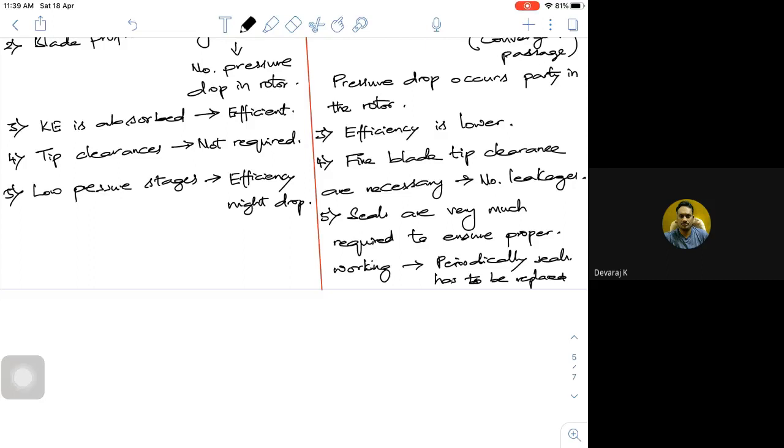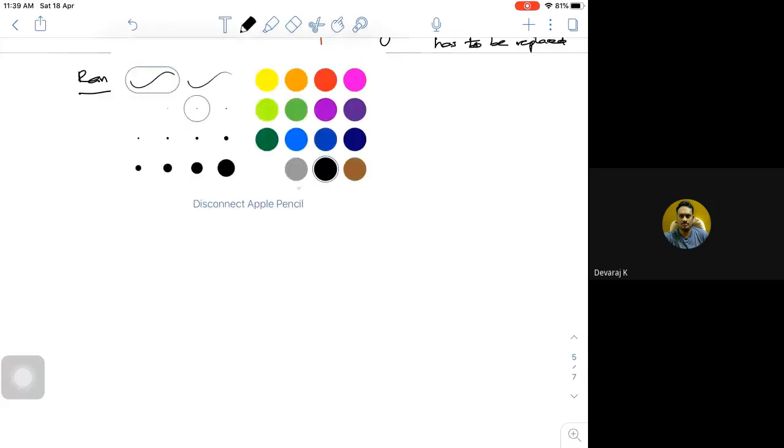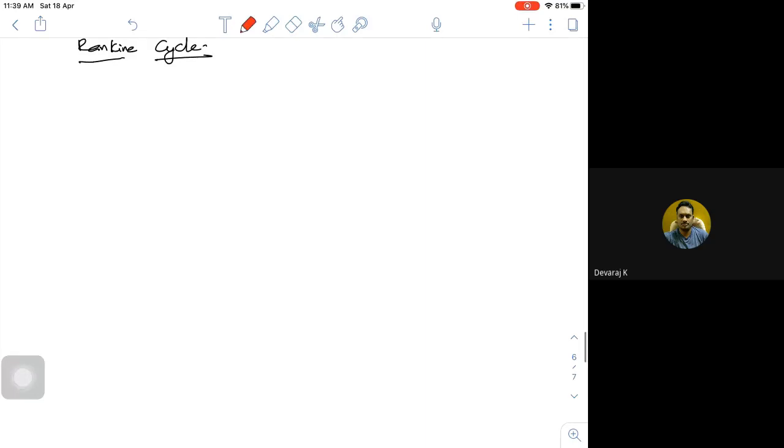So this is about the very basic fundamentals which are really required. Before I get into the blades and all, I will just touch upon what type of cycle the steam turbine follows, so it may help you. A simple Rankine cycle and a superheated Rankine cycle, what it looks like. Let me write the Rankine cycle, and usually we represent it using a corresponding TS diagram. TS or HS diagram, it looks something like this.